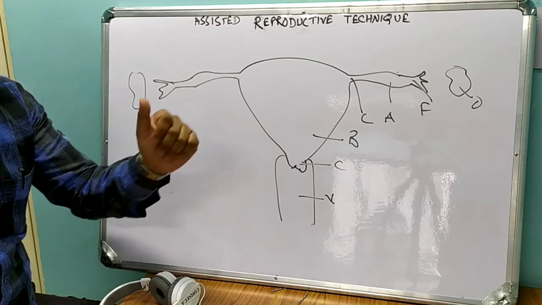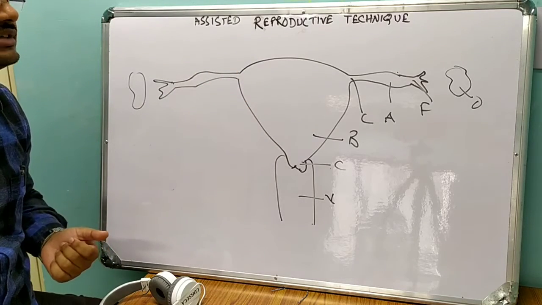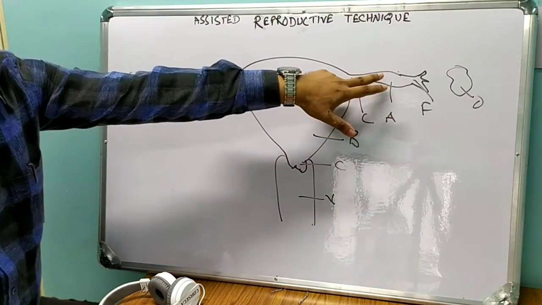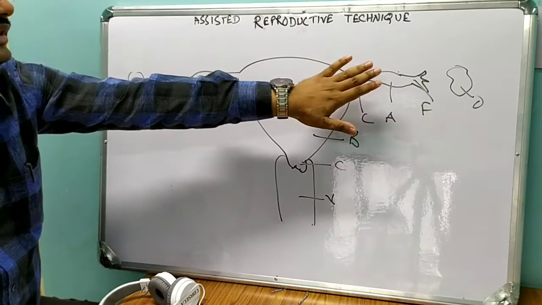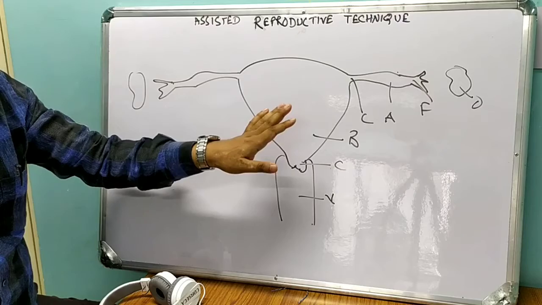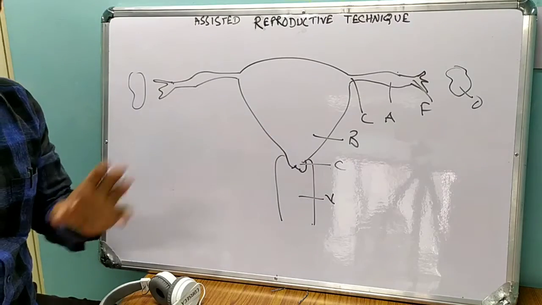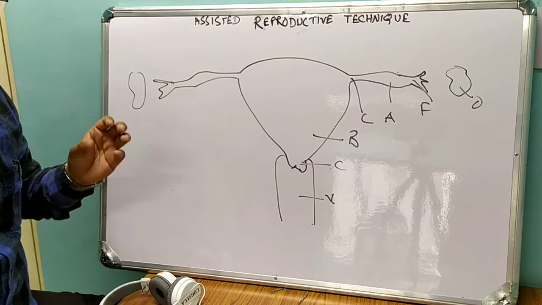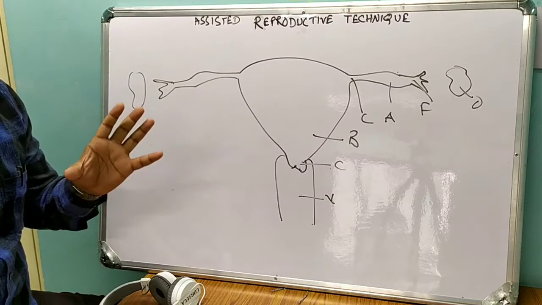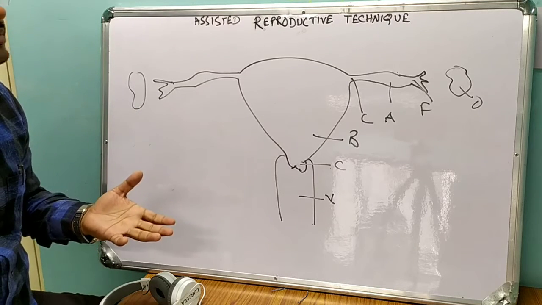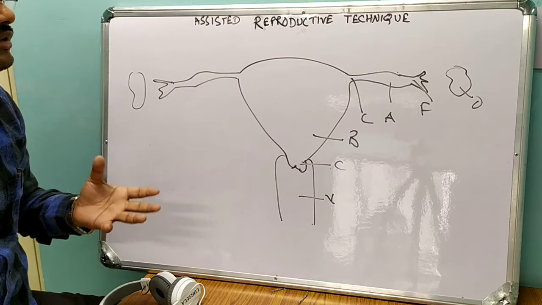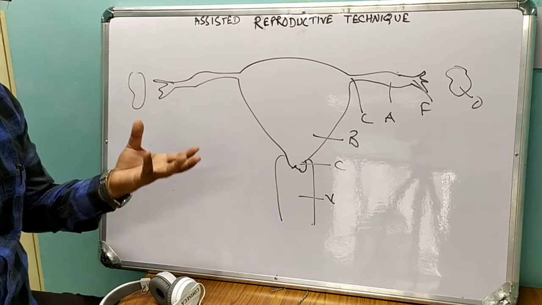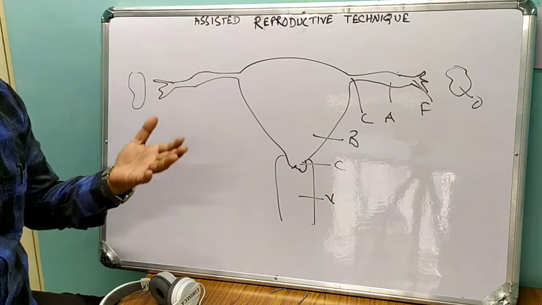Now, if at that very point sperm reaches the ovum, there will be fertilization, and fertilization will occur at the ampulla. Then that fertilized ovum, known as the zygote, will come back inside the body of the uterus, and there will be implantation. What is implantation? The trophoblastic cells bury through the endometrial lining and consume some of the glandular endometrium. So there will be a lot of nutrition.